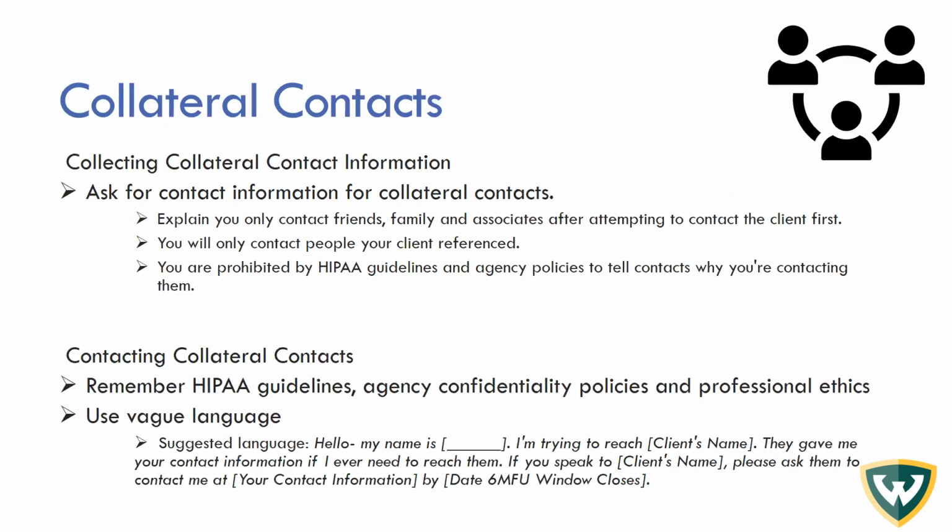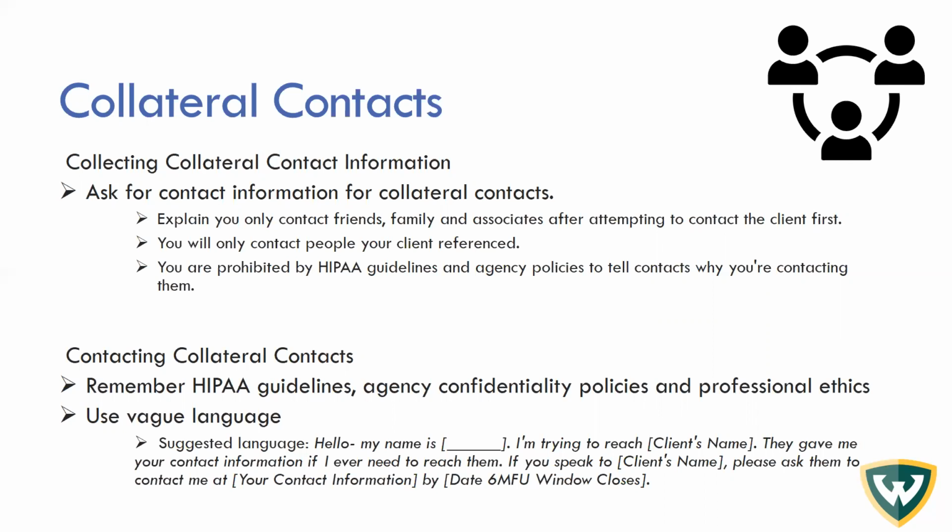We also recommend you collect collateral contacts. A collateral contact is essentially just somebody that your client associates with in a positive way. So it could be friends, family, work associates, somebody in a faith group, or Tom on the bowling league. If in the process of providing services they mention a person that they have a good positive relationship with, ask your client, when I have to conduct my 6-month follow-up with you, and if I'm not able to locate you, could I call Tom from the bowling league to get a hold of you? And if your client says yes, there's a process that you can go through to make sure they feel confident that their information is still going to be protected.